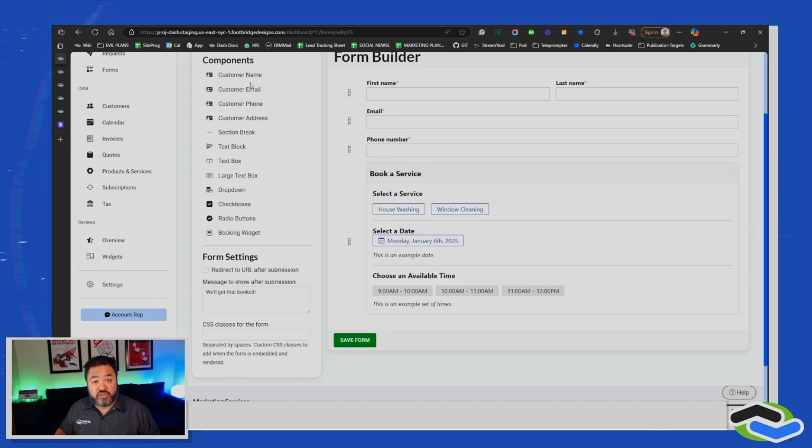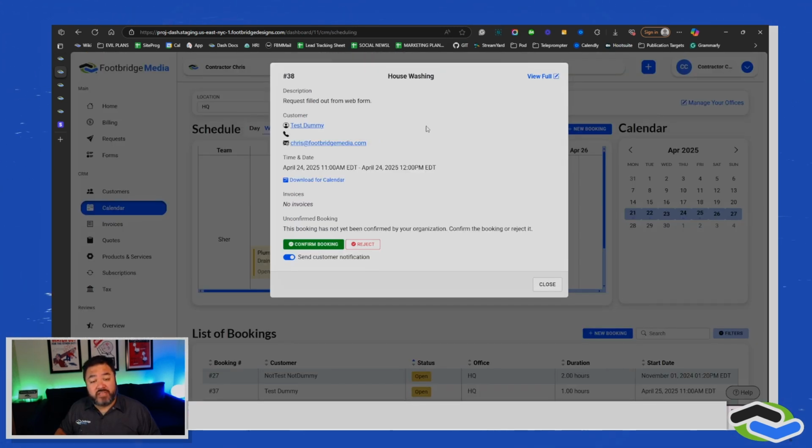You'll get an email notification, and ultimately, you'll go to your dashboard and come to a screen that looks like this, where you get the information from the person who completed the form and the option to confirm the booking or to reject it. Once you complete this confirmation or rejection, it will send a customer notification so they are confirmed of the situation, helps you to reduce the number of no-shows,